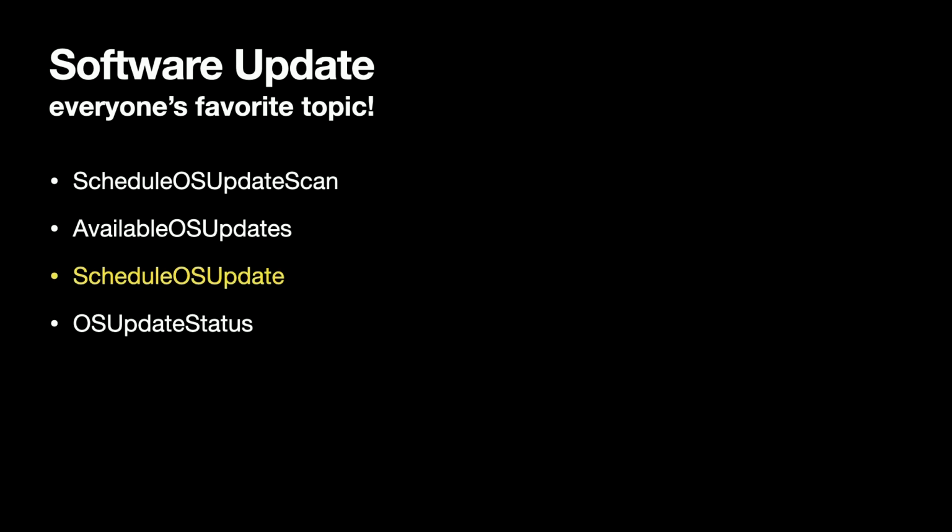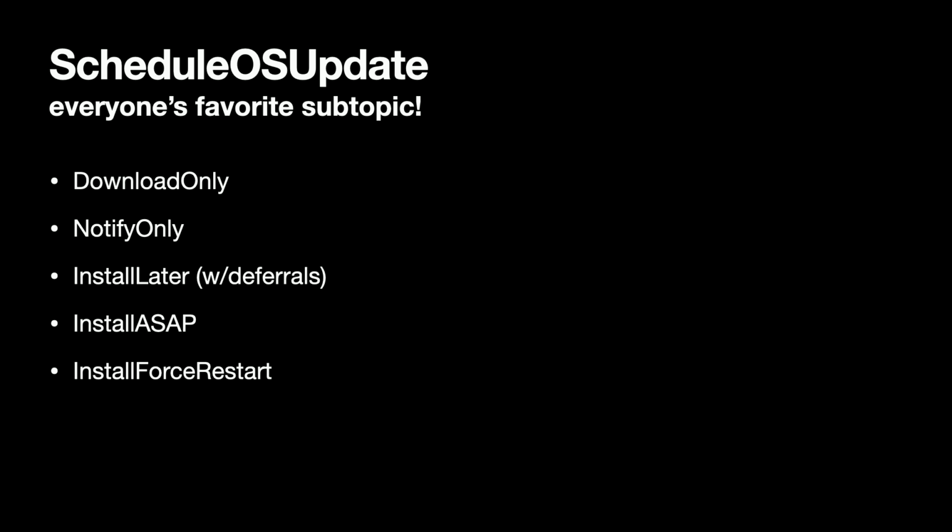Schedule OS update is the one that you'll interact with the most within your MDM console. These are the commands that say install now, install later, which version you want to install, and whether you want to include additional deferrals that the user can click, not now, try again tomorrow, that sort of thing. And the available options within the schedule OS update include things like downloading the update only and doing nothing else. And this can be useful for